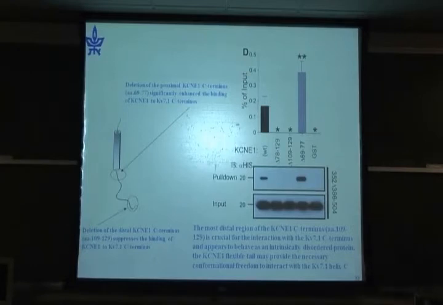And as it is shown here, when you remove the distal part of the C terminus of the beta subunit, you lose the interaction with the coil-coil helix C of the alpha segment. On the other hand, if you remove this part, the proximal part of the C-terminus, you increase the binding of this part to the coil-coil helix C. Okay? And this recalled us a finding that was found by the group of Sanders in Vanderbilt, and they measured,